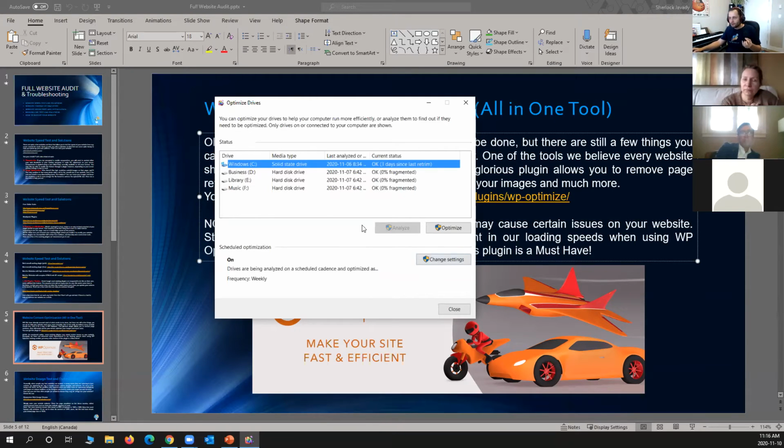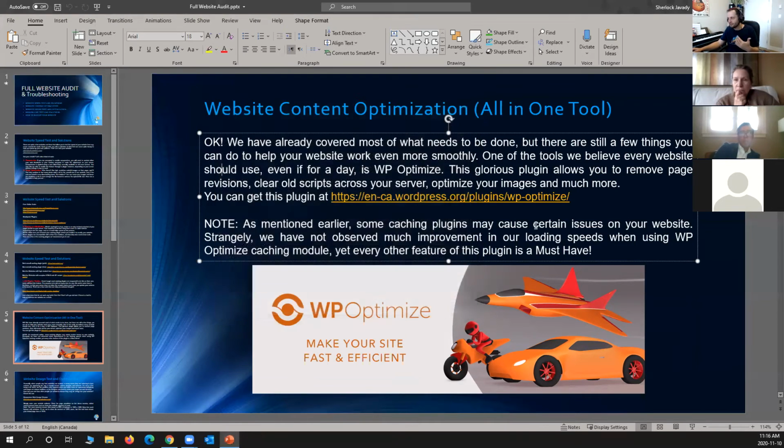This is the software on your Windows that does it for your computer, and you must do it every month. If you haven't done it before, it will take 4 or 5 hours on your computer, but make sure your computer does it. It speeds up your computer a lot. Likewise, on your website, WP Optimize does the same thing. So it's the best all-in-one tool I can give you to optimize your website.